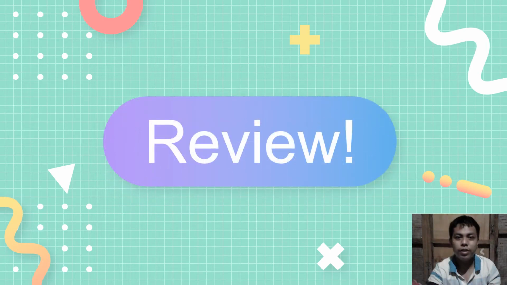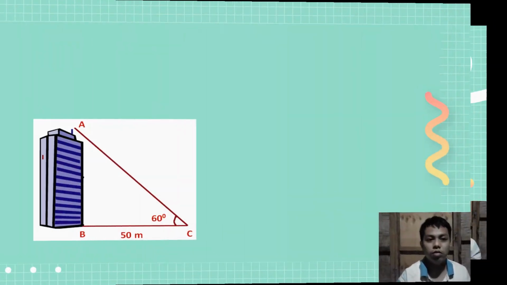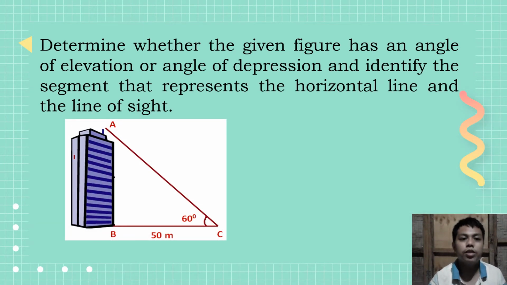Before I start my discussion, let us first review our previous lesson, which is angles of elevation and depression. Determine whether the given figure has an angle of elevation or angle of depression, and identify the segment that represents the horizontal line and the line of sight. Number 1. The angle shown is